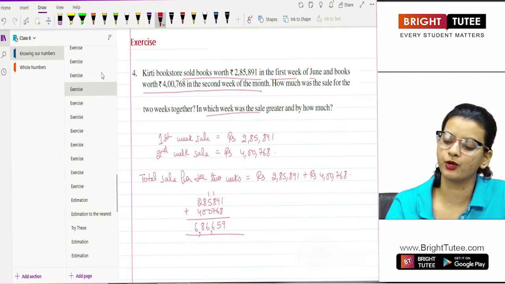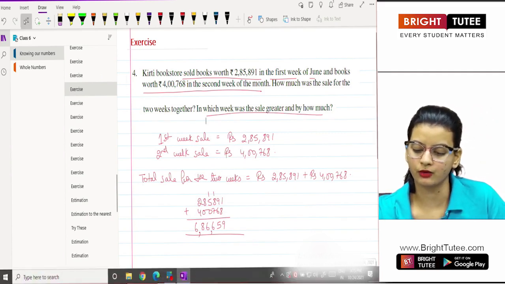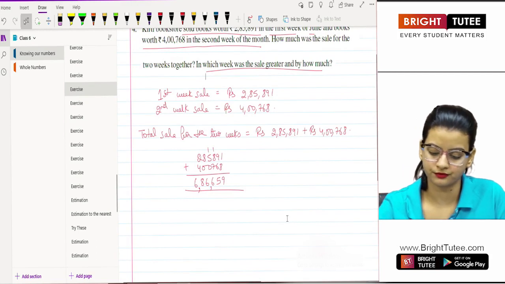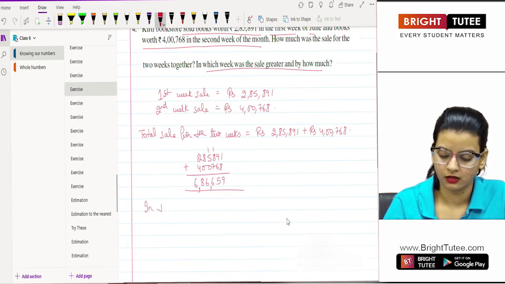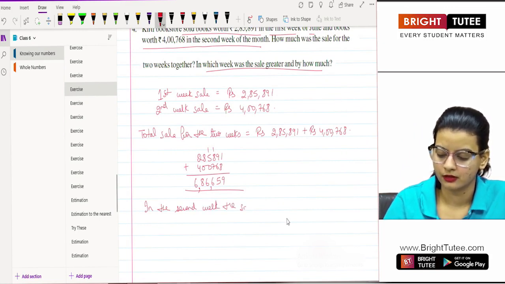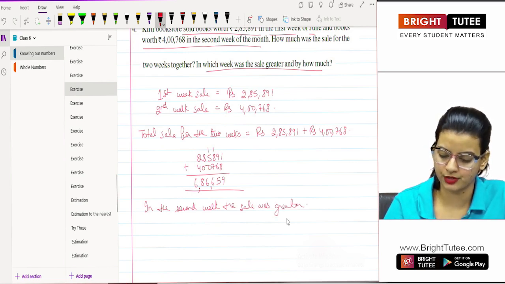Now, in which week was the sale greater and by how much? So you can see that in the second week, the sale was 4,768. So in the second week, the sale was greater. And by how much? For that, we'll have to subtract. So 400,768 minus